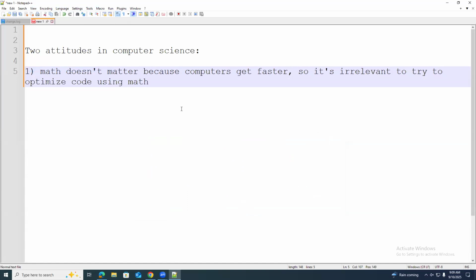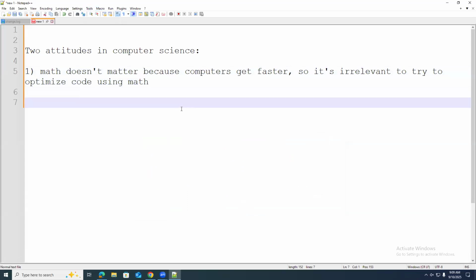Okay, so that's one attitude: math doesn't matter. And many people, probably most programmers, feel that way. In fact, I was talking to another professor a while ago, he's not here anymore, and I said, you could do this if you wanted to, and it would let you find a random element of a database using maybe 1 millionth as much memory. And this professor said, well, it doesn't matter because computers have enough memory anyway. And I was saying to myself, well, what if you were searching through the database of Facebook? There's no way you can put the whole information of all billion people in the world into the memory of one computer and do it that way.